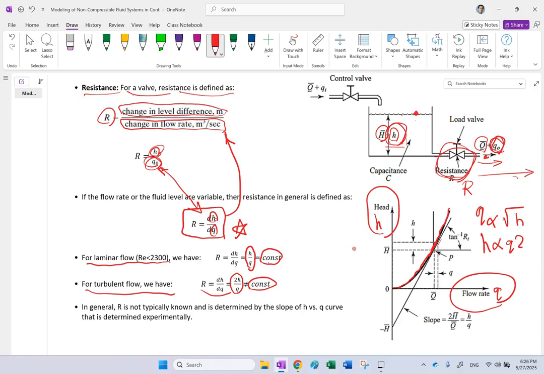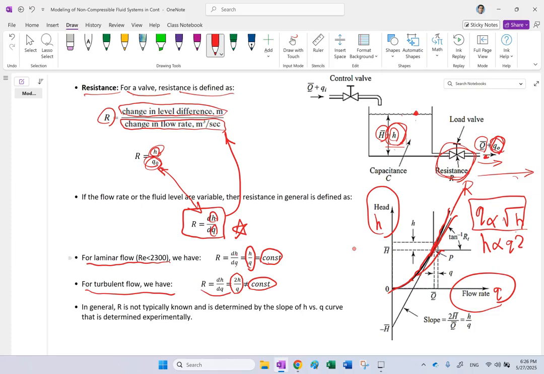And in that case, of course, clearly the slope of this curve at any point dH over dQ is not going to be constant. The slope is constantly changing, right? And this Bernoulli equation, when we write it and we get this formula here, we have some assumptions that we consider. So if those assumptions are valid, yes, we're going to get a curve like this